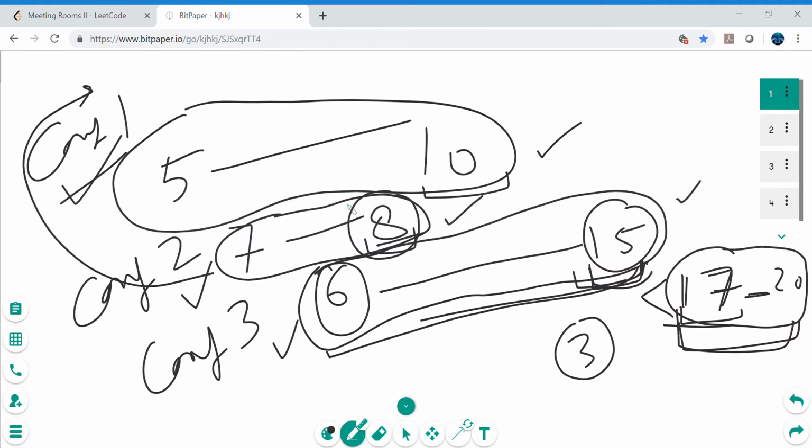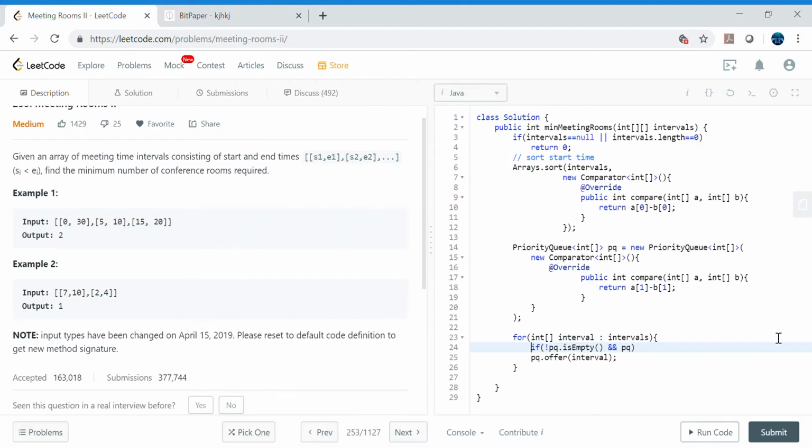So it will just add all these intervals, let's say in this example 5 10. And then we can check this logic, like if our pq, meaning the priority queue that's already holding that interval, its end time, whether it's lesser than or not. If it is lesser than, then in that case we can simply poll from the priority queue, means we can just remove from our priority queue. And if it is not lesser than, then we don't need to remove. So let's go ahead and do that. So pq dot peek,